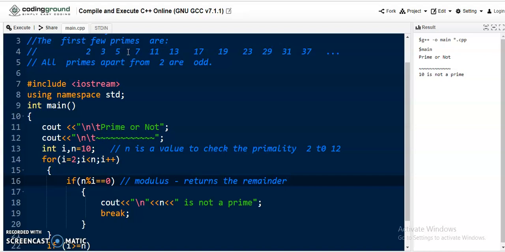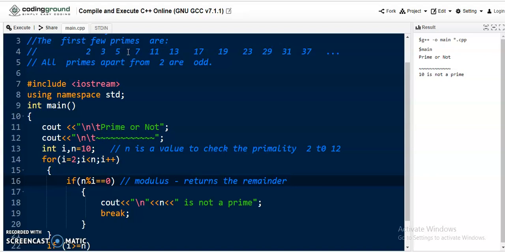So 6 is not a prime number. Let's take 15. 15 is an odd number, but it's not prime, because 15 is exactly divisible by 3 and 5.